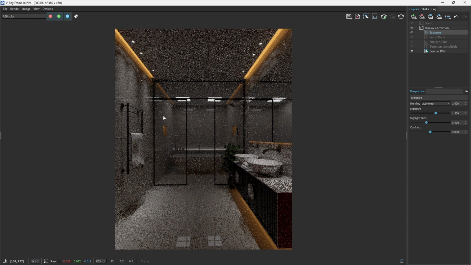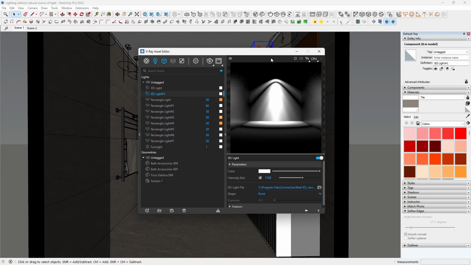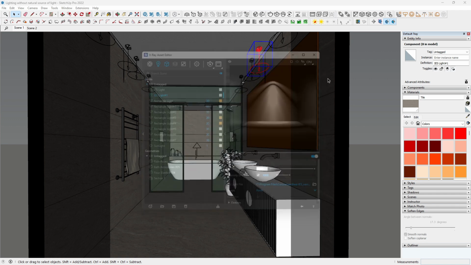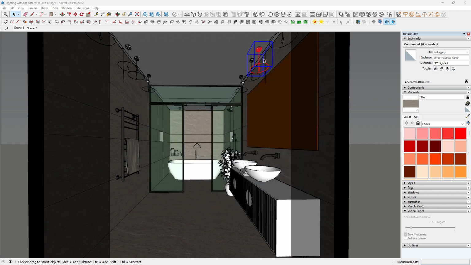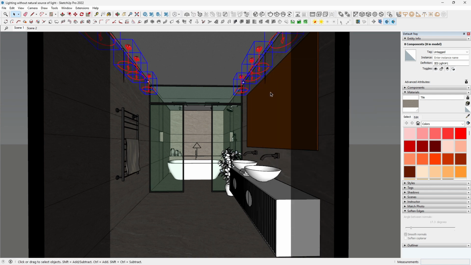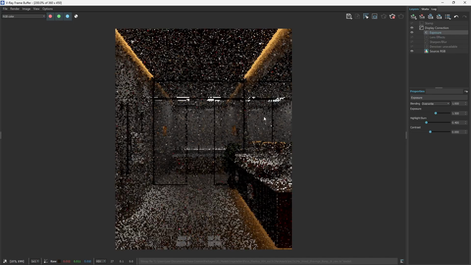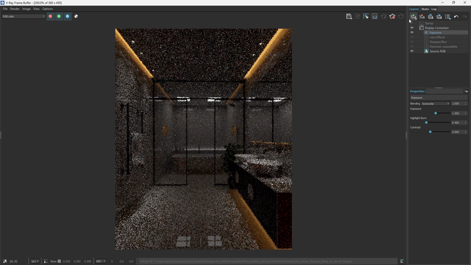Okay, and our IES light as well, we can have that as, okay, and 1000. Let me select all instances, and then bring a little bit downwards. All right, so let's see how the scene looks. All right, so we can